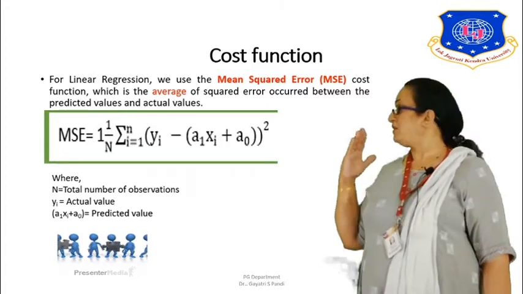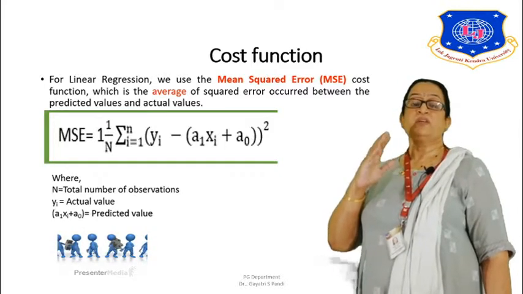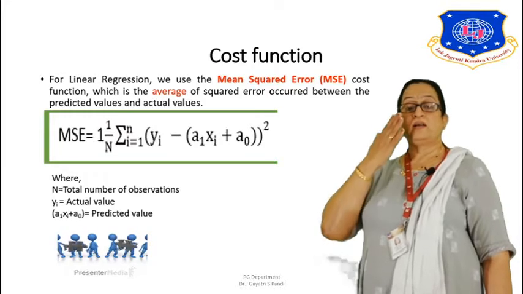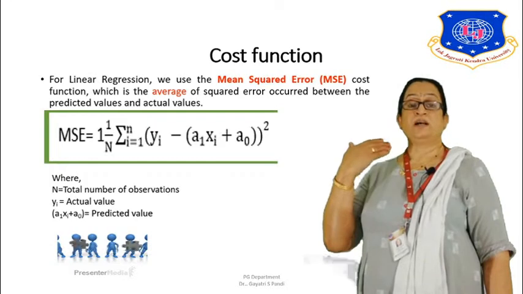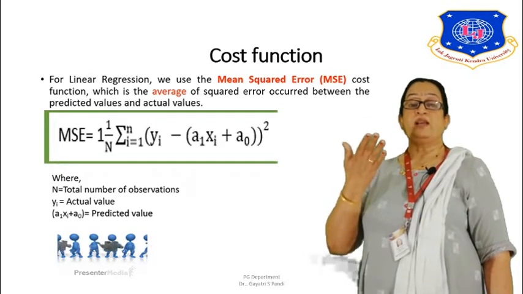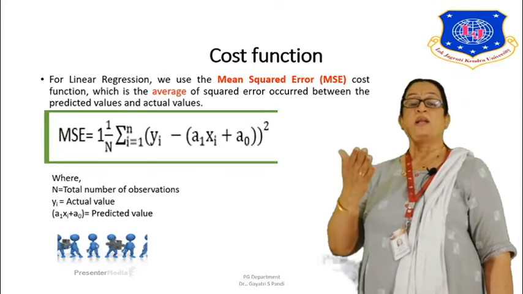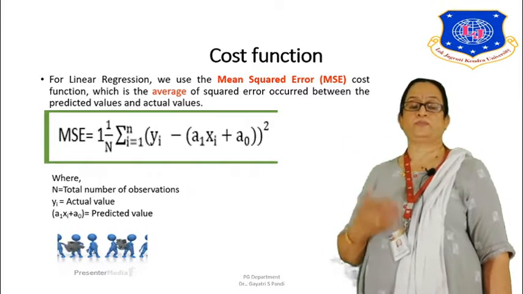Just look at the function. This is very important because it is a cost function which is useful to evaluate how strongly the model has learned and how well the model has predicted the values, right? If the error is less, that means the prediction is pretty good. If the error is more, that means the predictions are weak, they are not very strong or good.